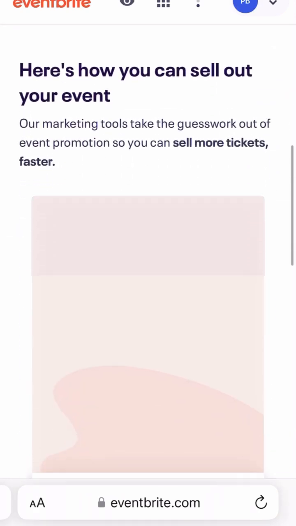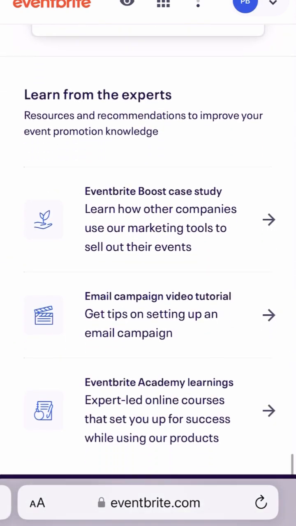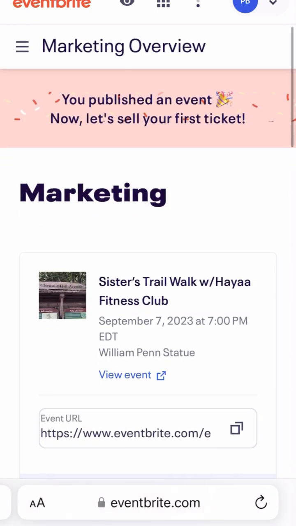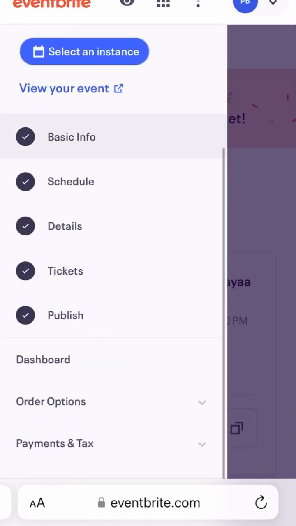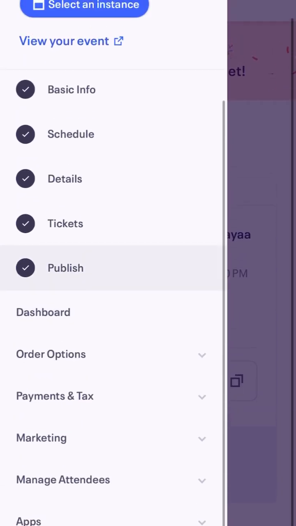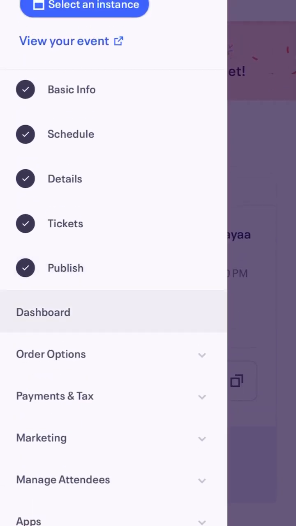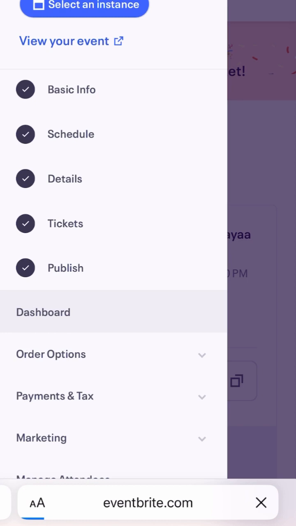And then you can always copy that URL right there, or just go directly to Eventbrite when you search for your event yourself. It's always easier, in my opinion, to just go through and look at it as the event owner, because then it will pop up quicker for you. But you see you have paid social ads and all these different things you can do on there. But these are the basics to get your event out there, and this is what's most important, inshallah.